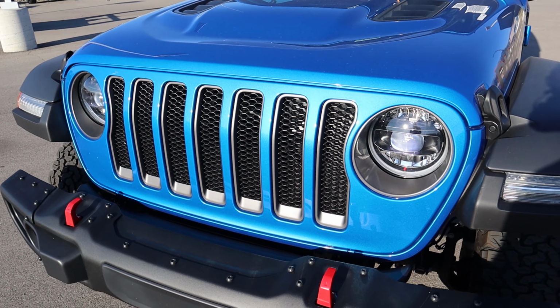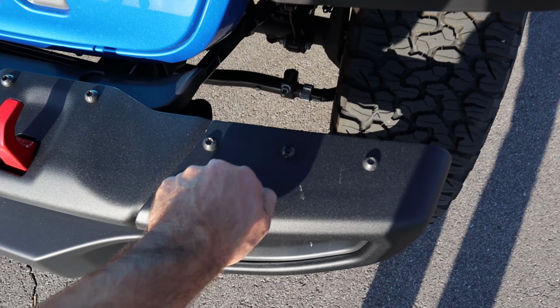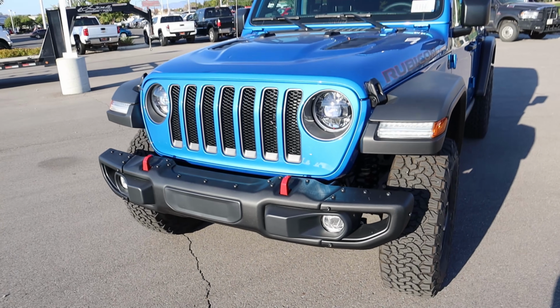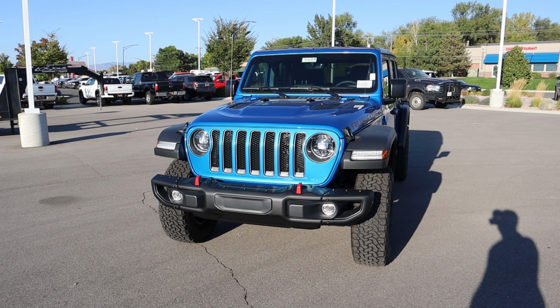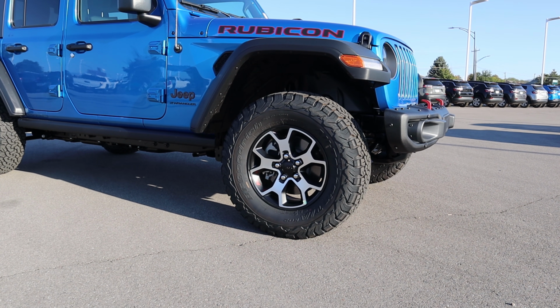Jeep's signature front grille here. We got the red tow hooks to signify it's a Rubicon. This one has a steel bumper group. We've got the fog lights there built into the bumper as well. And there's the front. So popping on the side here, we've got 33s wrapped around 17-inch wheels in the front